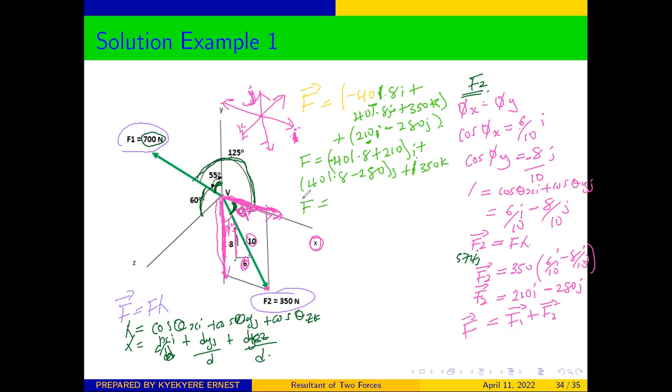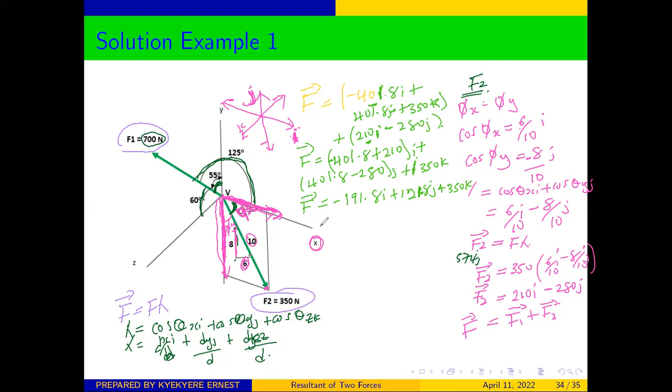So our force resultant in the vector form will be equal to negative 191.8i plus 121.8j plus 350k. And once you have been able to do this, then now we can find the magnitude of our force,